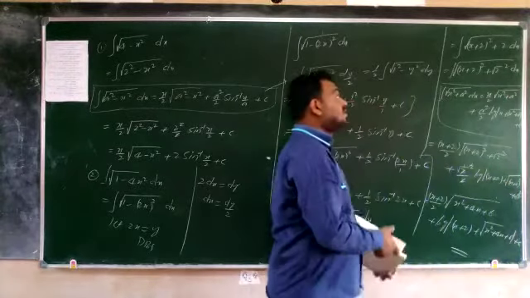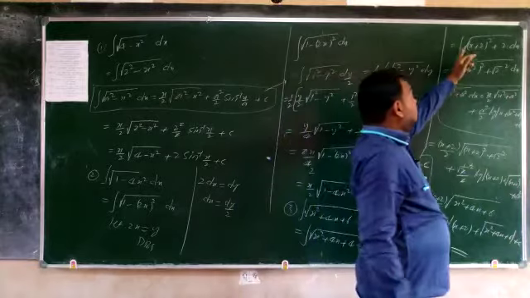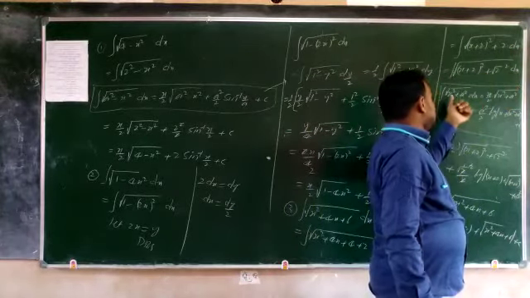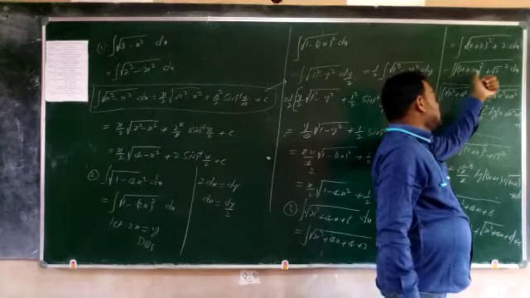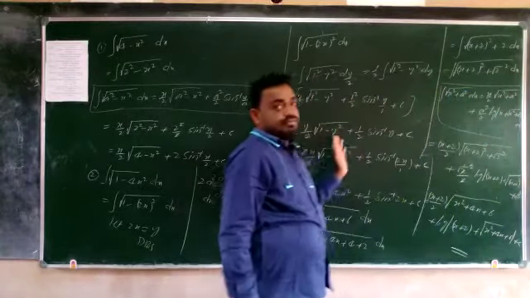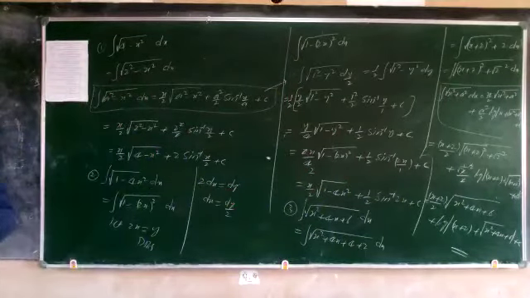This is the answer. Just the integration of square root of (x+2)² + (√2)² is there. Use this formula. Here x is equal to x + 2, a is equal to √2. You follow the formula, you will get the answer. Stop mode. Only stop.